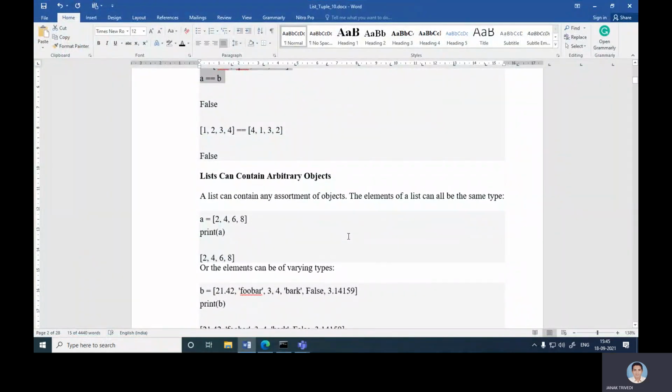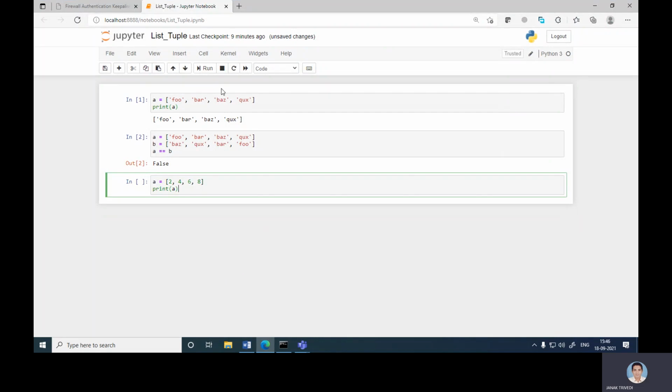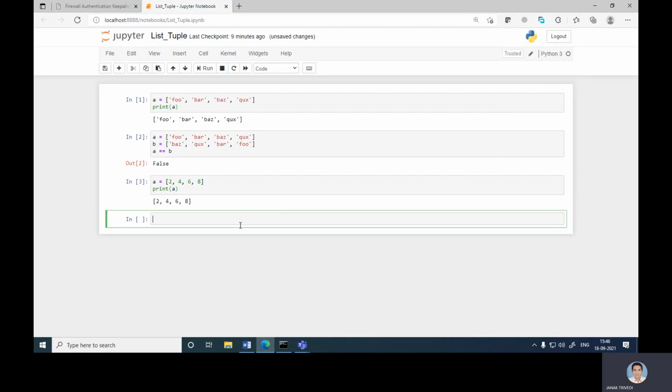Lists can contain arbitrary objects. A list can contain any assortment of objects. The elements of a list can all be the same type, like a equals 2, 4, 6 and 8. So it prints 2, 4, 6 and 8. Let's run this program. So 2, 4, 6 and 8.